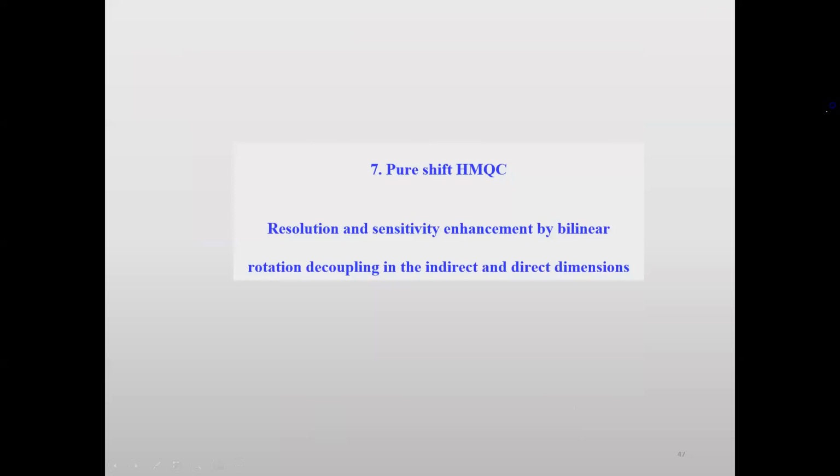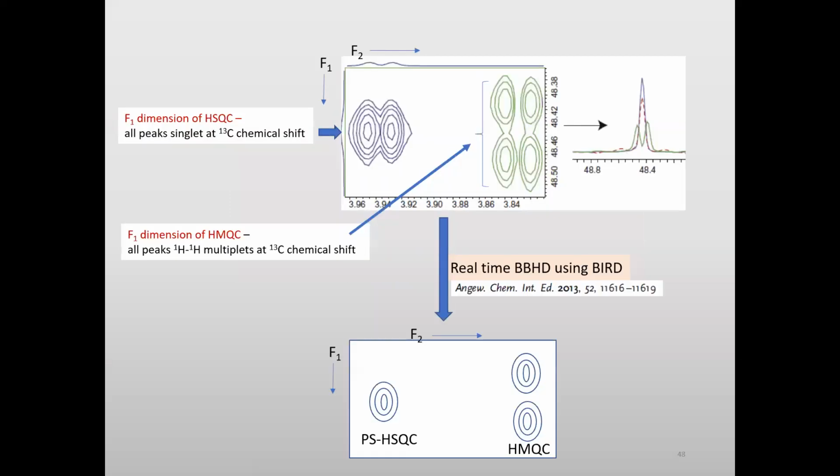You can see pure shift HMQC. This is a technique that we developed, I think, early this year, on how to improve the resolution and sensitivity using bilinear rotation decoupling in the indirect and direct dimensions. Go next. So here is a comparison of a cross peak